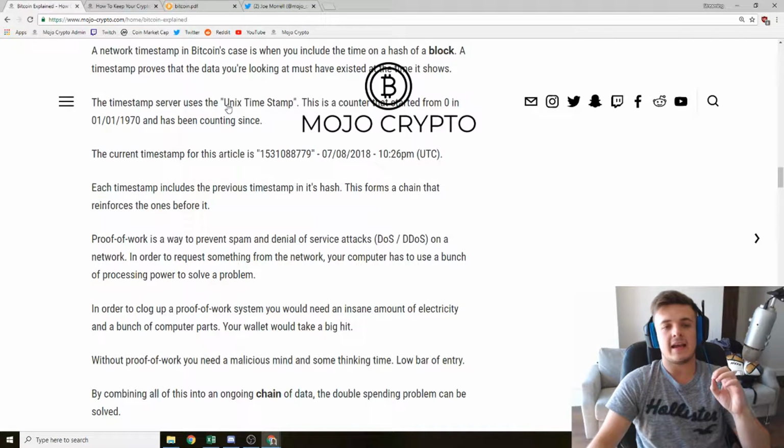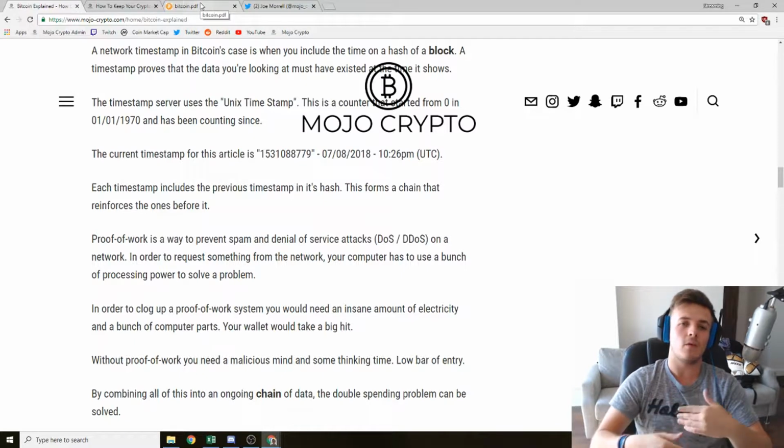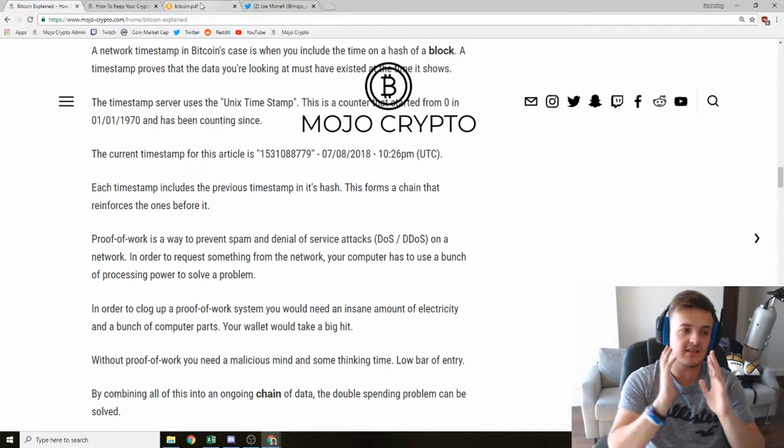If you've got a network that doesn't require any effort to connect to it, or request anything from it, or talk to it, you can basically spam that network. Say you've got a load of IPs. It's not actually that hard to make a lot of IP addresses, and you could basically